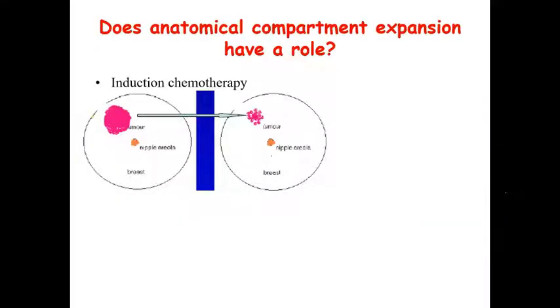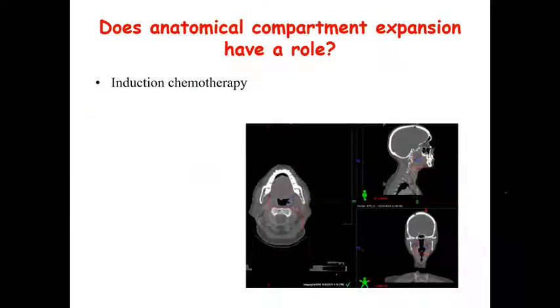This is just a cartoon that I've picked up for simplistic reasons, where the tumor was given neoadjuvant chemotherapy. It showed some kind of response, but the post-NACT size was not very different from the pre-NACT size if you look at the histology and the regression pattern of these tumors. So the bottom line is that for induction chemotherapy, maybe it's a safer option to still continue with the anatomical based CTV expansion.